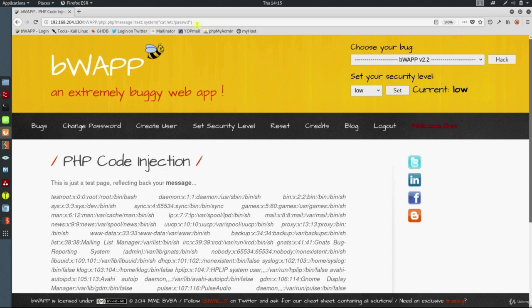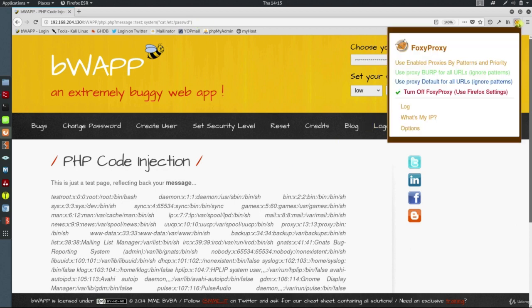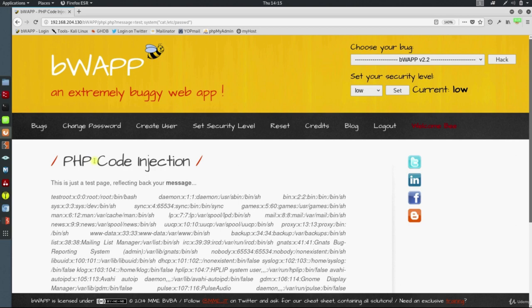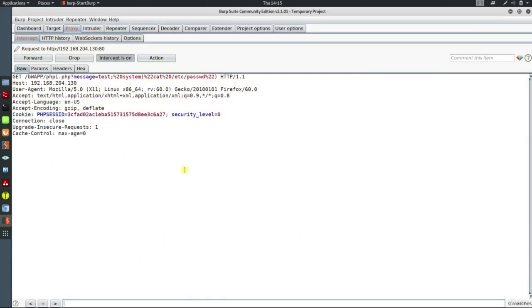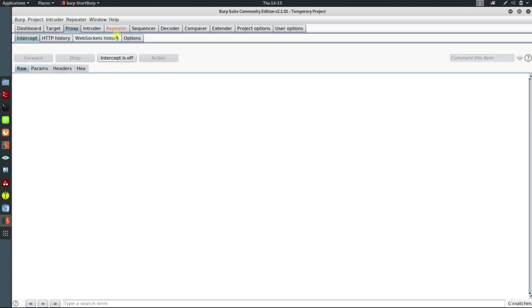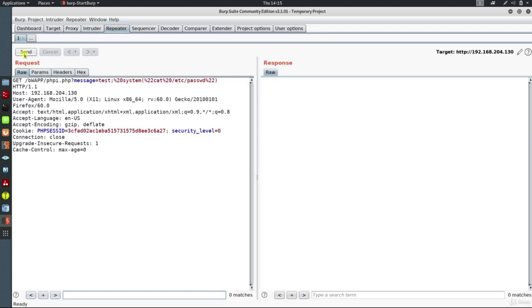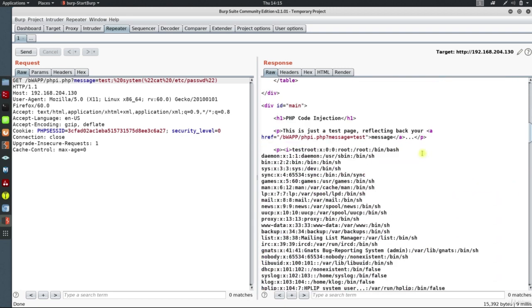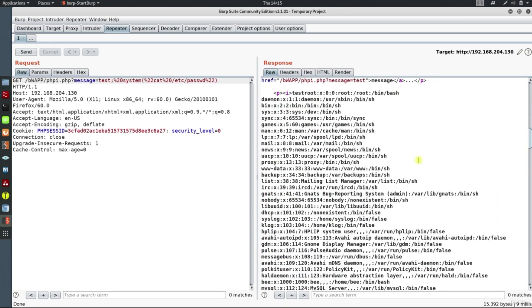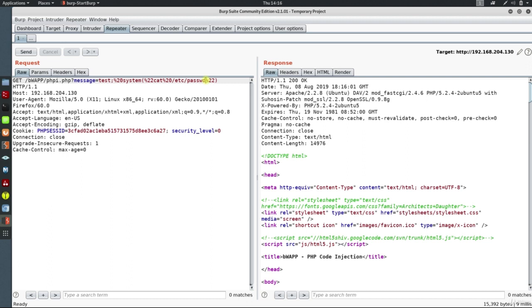Okay, so let's move on with Burp and enable FoxyProxy and then refresh the page. Open Burp, and I just intercepted it to use Repeater. So send it to the Repeater and let it go. And here's a request. So send it. It executes again. So now I'm going to delete from here the file name,